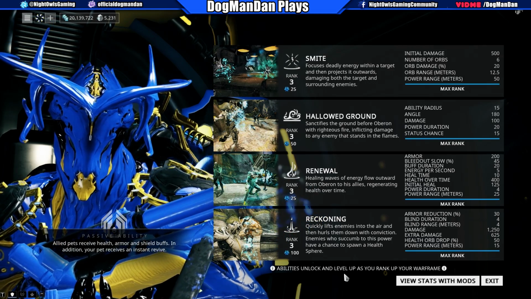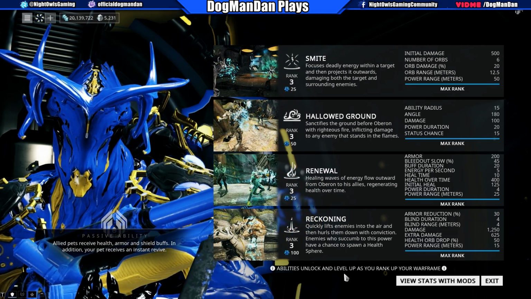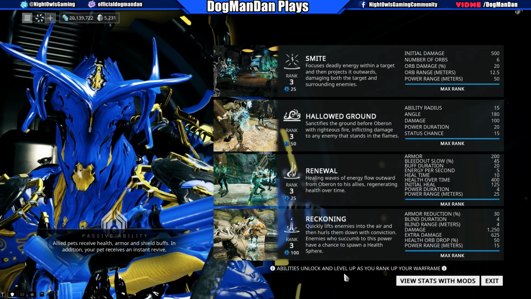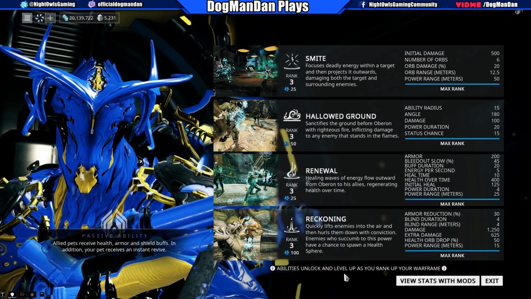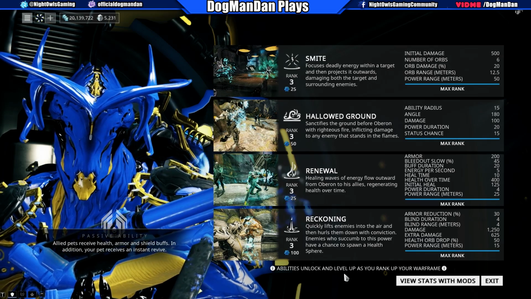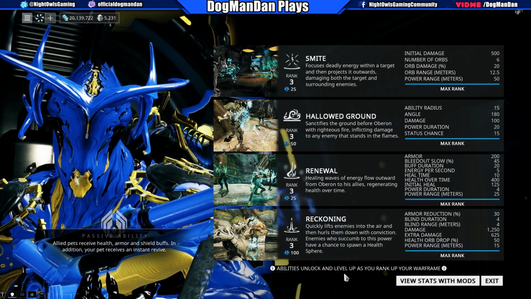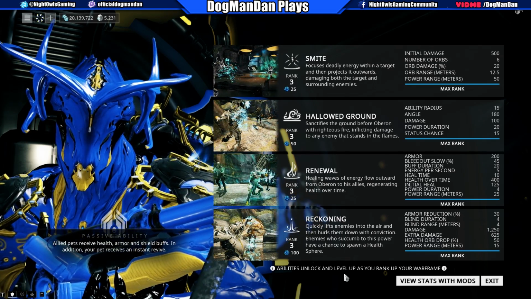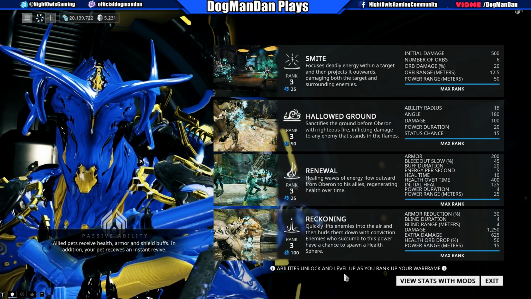Okay, so now we're looking at Smite. It pretty much does the same thing. You've got your initial damage of 500 at max here before you add mods. Number of orbs. Orb damage is a 20% increase. Range, 12.5%. Power range meter here at 50%. The damage from projectiles emitted from enemies now scales based on the enemy level. You heard me. The Smite projectiles now scale based on enemy level. Projectile damage spreads across all projectiles and is affected by your mods. So you can increase the damage, you can increase the range, you can...